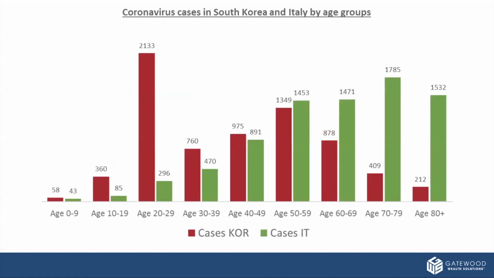So what do we see in the coronavirus fatality rate? There's still a lot of noise in the data. The two extremes, though, are South Korea and Italy. South Korea has a much younger population, as well as the infections were weighted towards the 20 to 29 age bracket. Why is this? Because the virus came in through a church, and the church is a younger church. So most of the people in the data from South Korea are already younger.